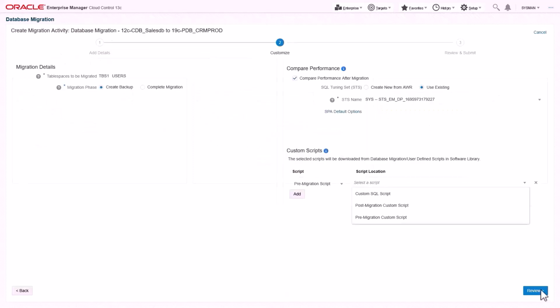To reduce business downtime, I select the migration phase option, Create Backup. This option performs a multi-phase transportable tablespace migration. Next, the Compare Performance option uses an integrated SQL performance analyzer tool and offers a performance comparison of the before